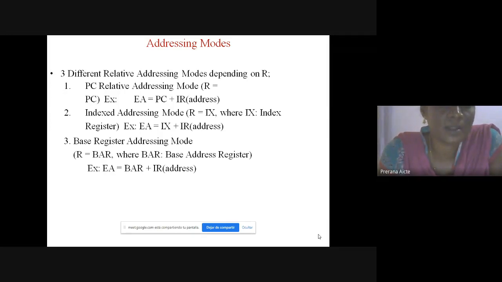In indexed addressing mode, the effective address equals index register plus address part of the instruction. In base register addressing mode, EA equals base register plus address part of the instruction. These are the three different relative addressing modes.